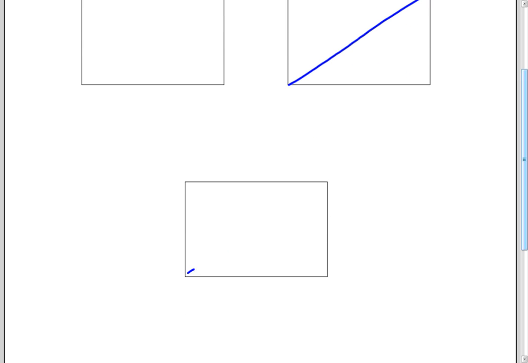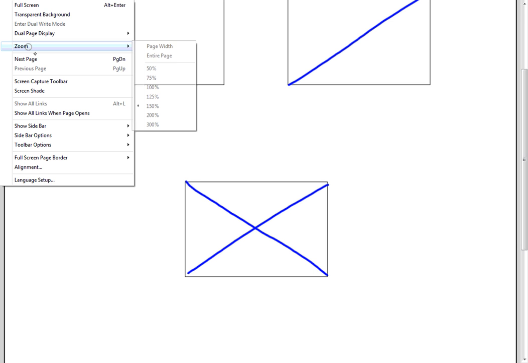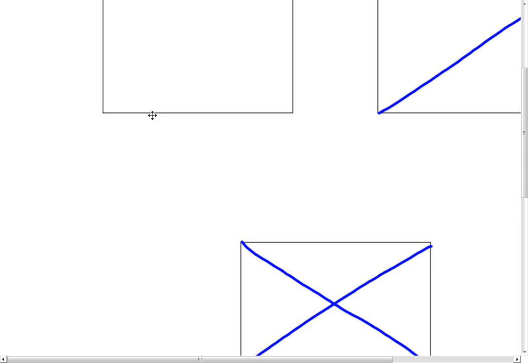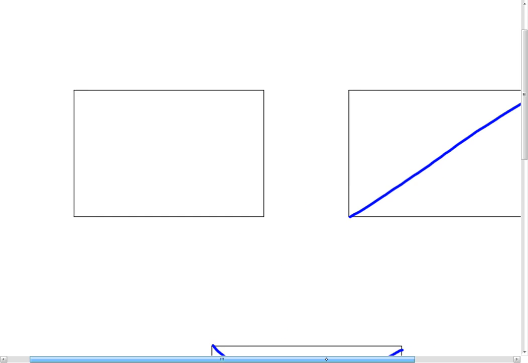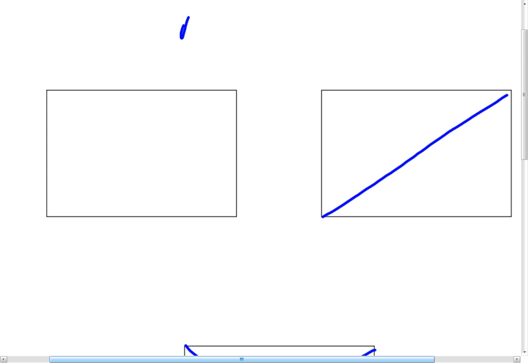Does your paper have diagonals on it? So I've got this right here. Got two diagonals here. Let's make this a little bit bigger. At the top of this one,